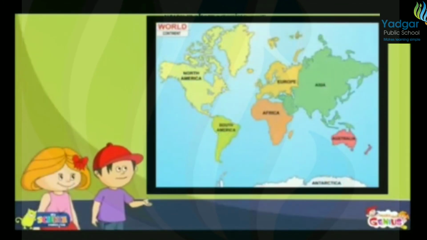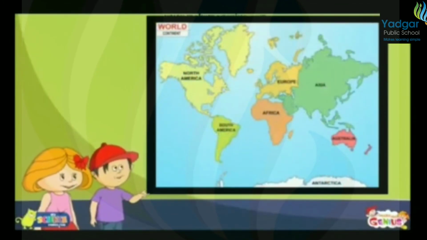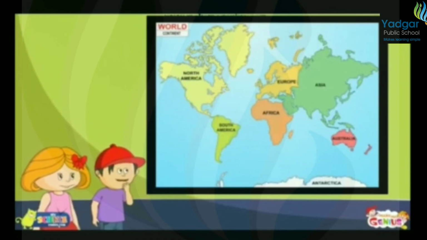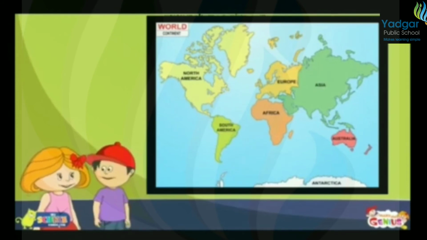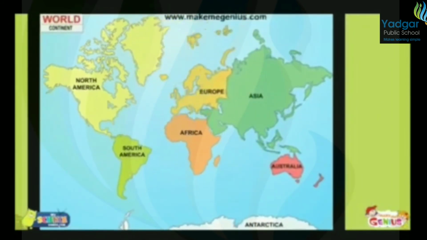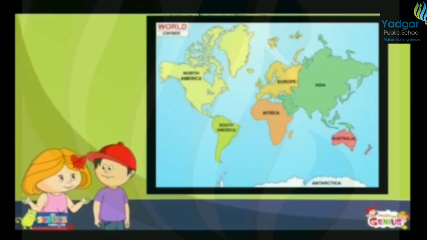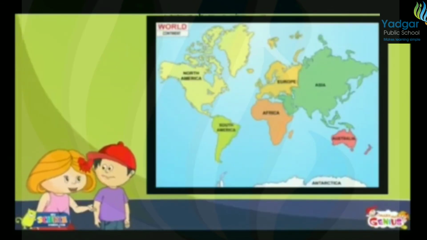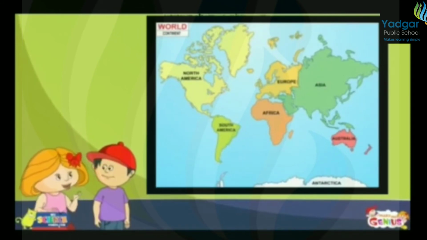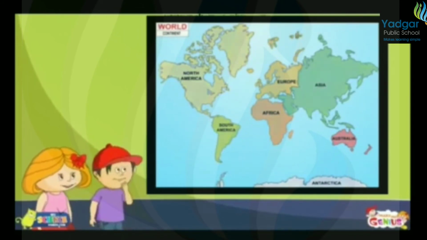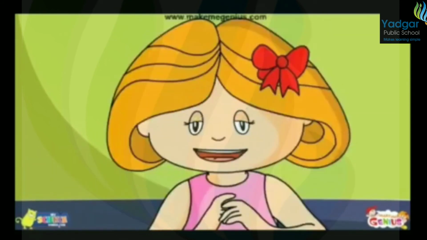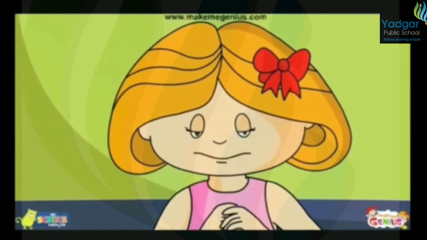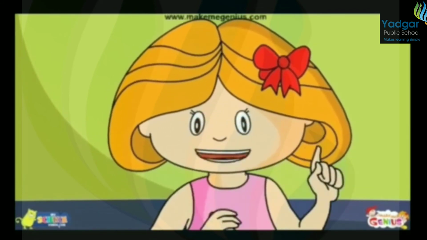Wow, this looks beautiful. It is so colorful. I thought it would be black and white, boring stuff. Why is this map so colorful, Jenny? Different places on a map will be shown by a different color. Imagine, Jimmy, if this map is in the same color everywhere. It would be so tough to locate a particular continent. Oh yes, you're right, Ginny. The countries and states, oceans, etc. are always in different colors.